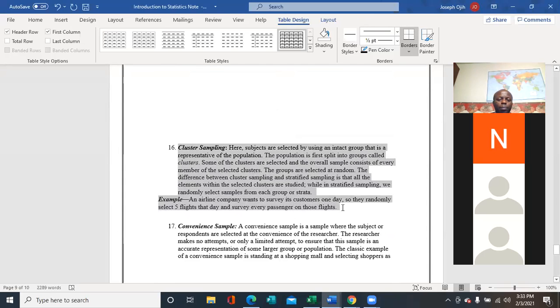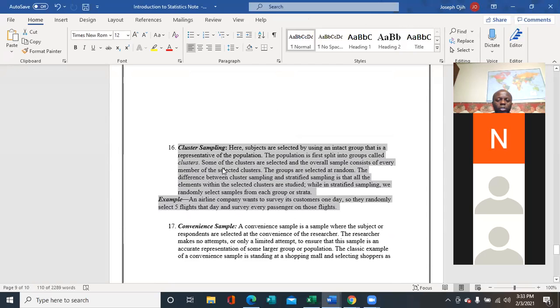Now, cluster sampling: here we select the subjects or elements of the population that make up the sample from where they are. Sometimes you might have members of the population that have some kind of similarities among them, clustered in one place.